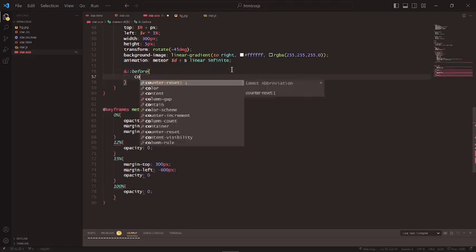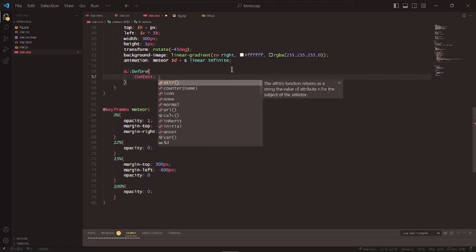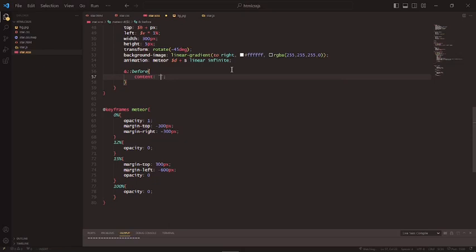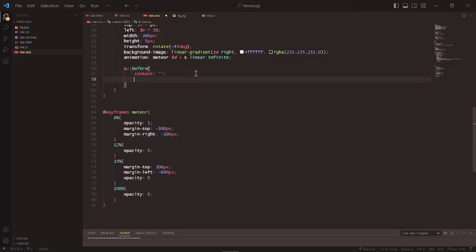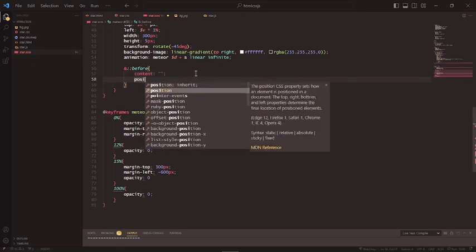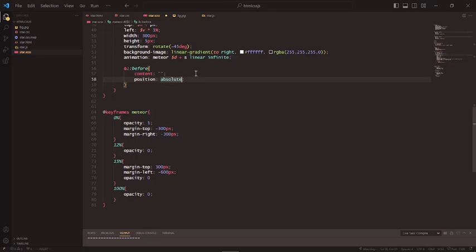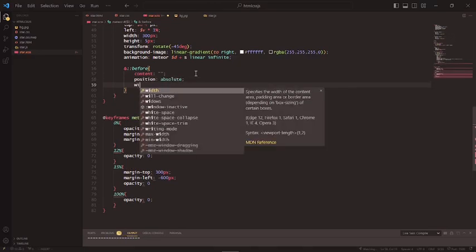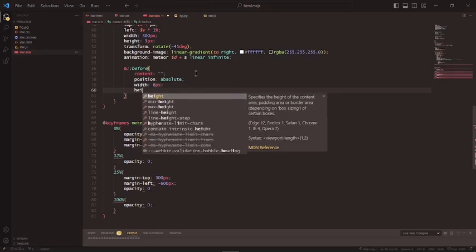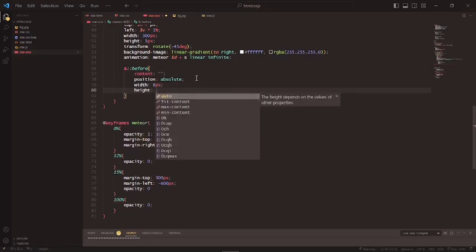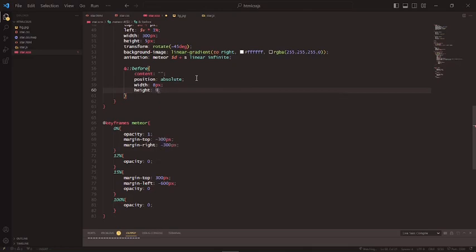Now we're going to write content. We'll add this, but we'll not add anything in there. Now we're going to write position absolute, width I'm going to write like 8px and height 9px